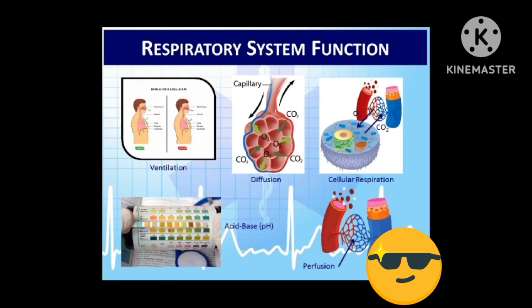Carbon dioxide is also acidic. As a result, an increase in respiratory rate results in more carbon dioxide being expelled, making the body more alkaline. A decrease in respiratory rate, on the other hand, retains carbon dioxide, making the body more acidic. This process works in conjunction with something called the buffer or bicarbonate buffer system and the kidneys to regulate our body's acid-base balance, and is yet another important function